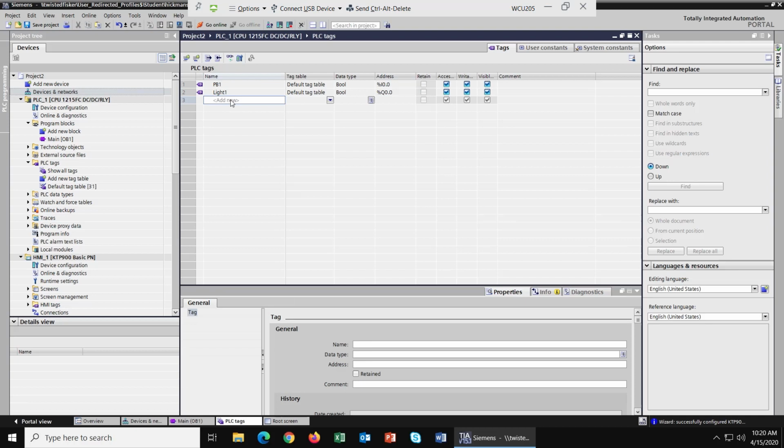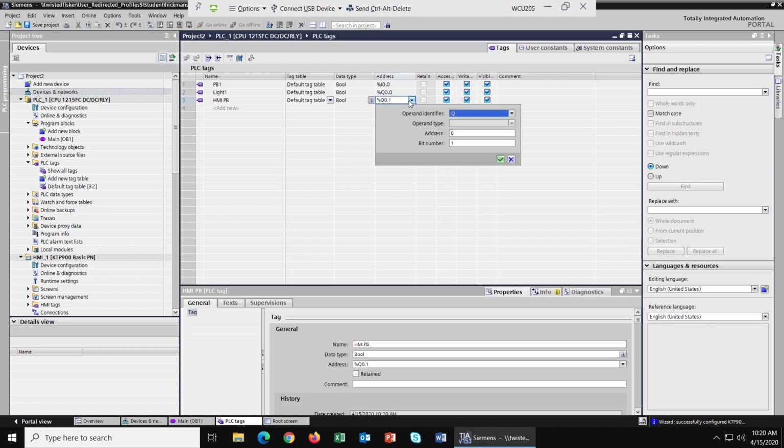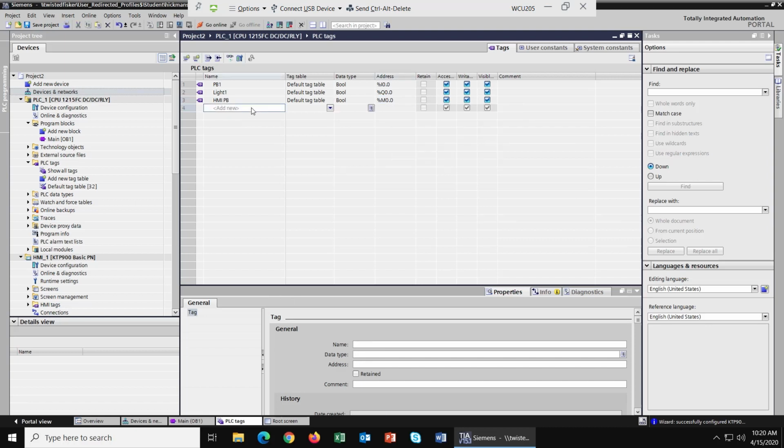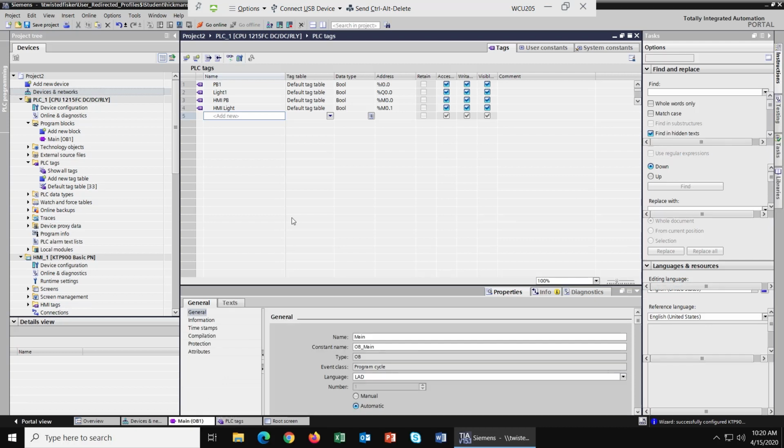I'm also going to make an HMI PB, and that is going to be an M. Okay, so that's a bit. I'm going to make that M 0.0, and I'm going to go ahead and make an HMI light. I'll hit enter and it automatically loads it. So I supposedly have a real push button and a real light, and a fictional HMI push button and an HMI light. The next thing I'm going to do is go to my ladder logic here,